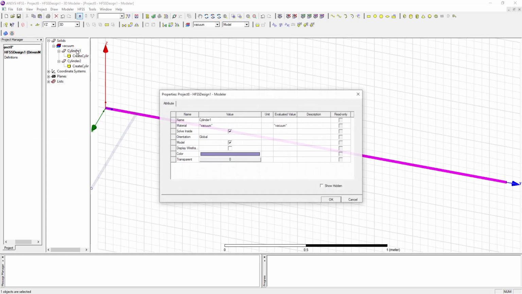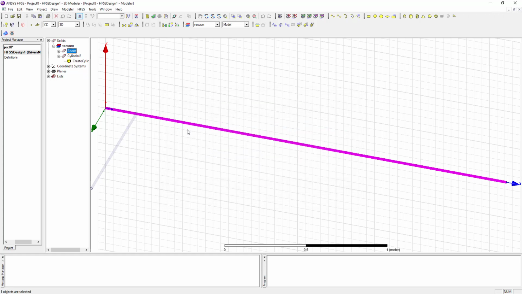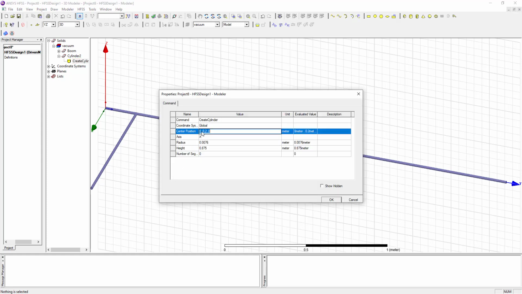Rename the objects. Select cylinder 1 and rename this as boom. Select cylinder 2. Select the center position X. My center position of the X will be half of my height, which is minus 0.4375 meters.